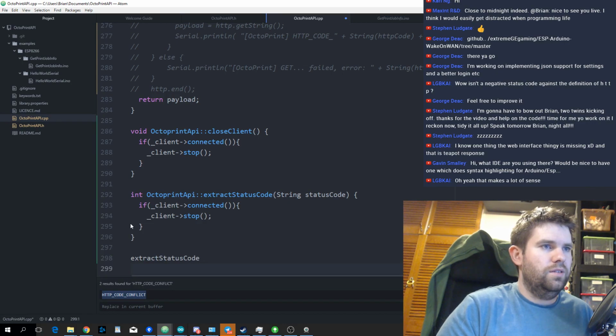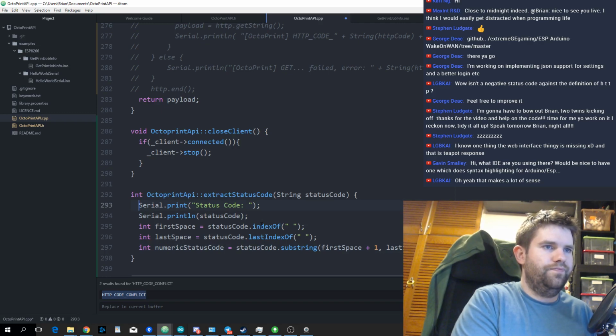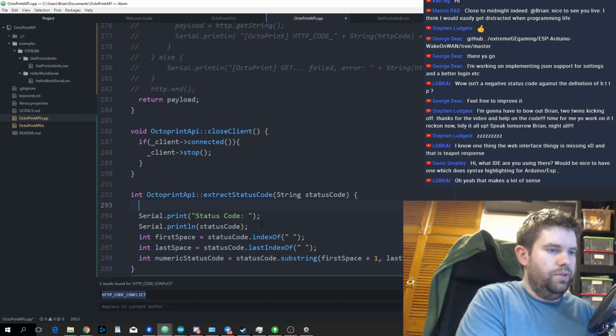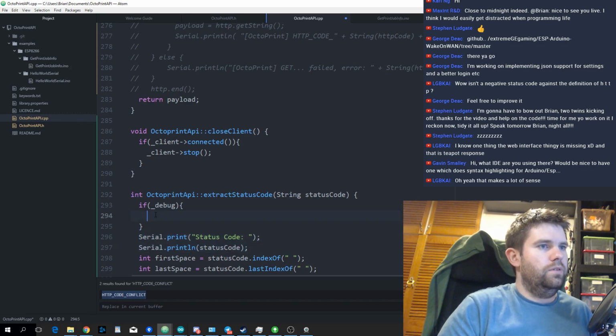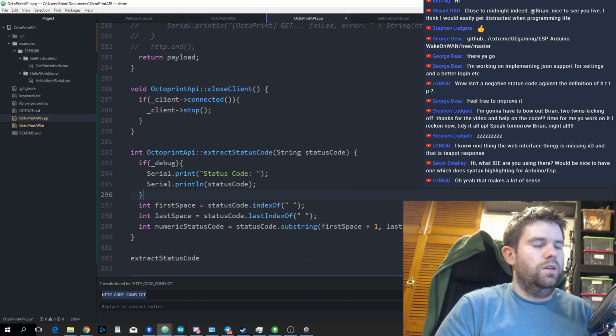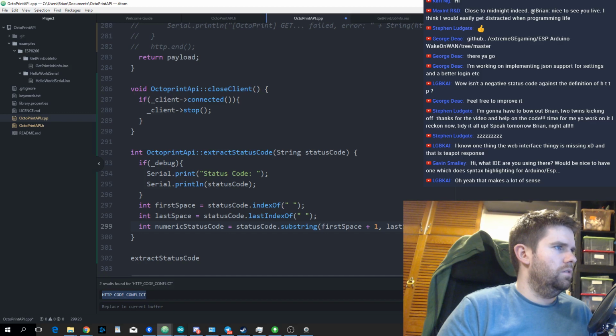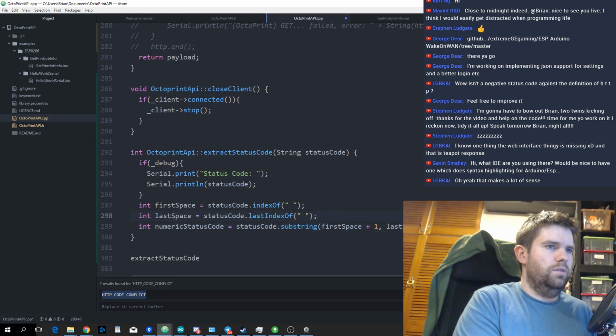Let's see. I also haven't done that stop yet. Let's wrap this in serial. Oh, sorry, if debug. Let's put these things in here. You can still see that. Okay, and we're going to return. What will this return if it doesn't find anything? Okay, so